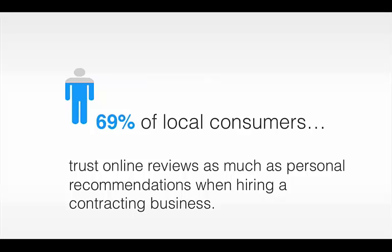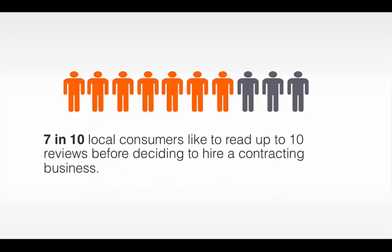And it makes sense, right? Because a personal recommendation is just one person, but I can go online and I can see objective reviews from many people over time. And that creates a kind of safety, a consistency in seeing how you have done across all of your customers over time, right? 7 in 10 local consumers like to read up to 10 reviews before deciding to hire